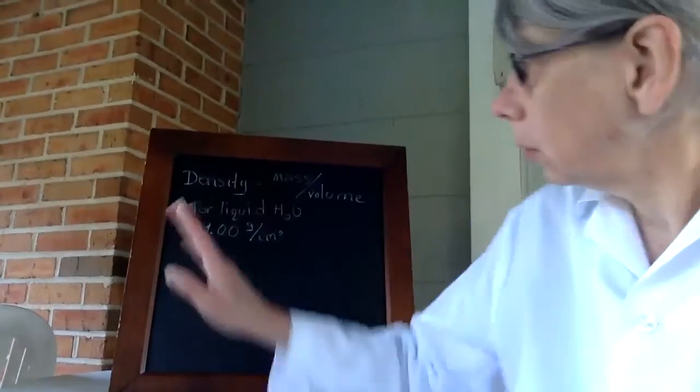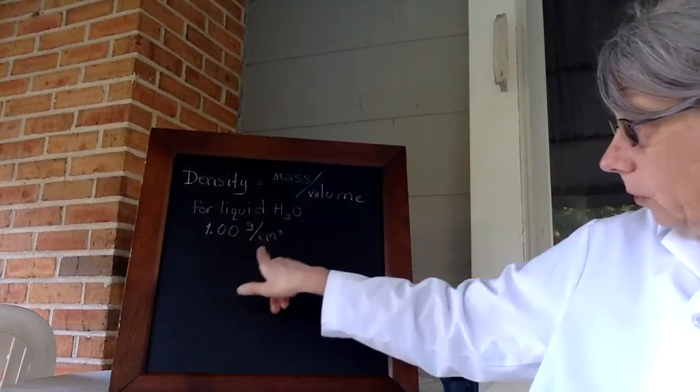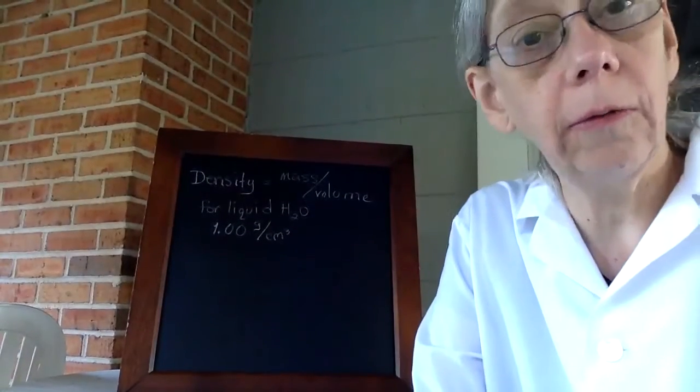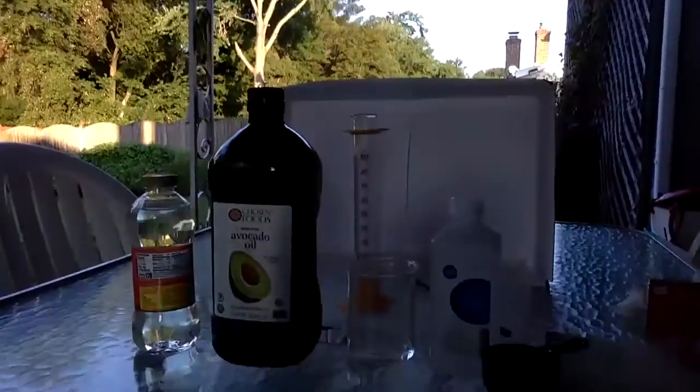Just for guideline, liquid water has a density of 1.00 grams per cubic centimeter. So every cubic centimeter or milliliter of water has a mass of 1 gram. And density doesn't change with how much of your substance you have. And another secret of density is less dense things will float on more dense things. And we're going to see that happen today with a few different household